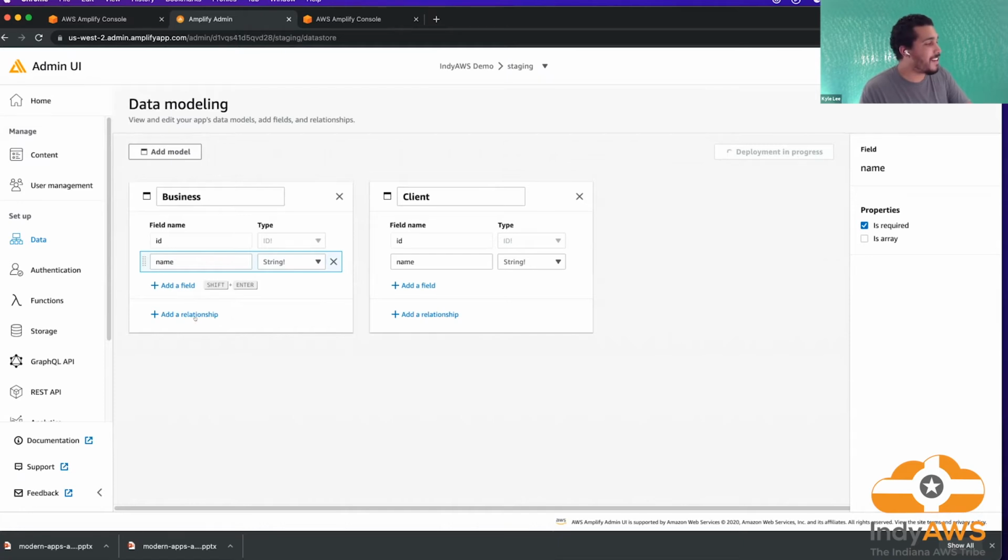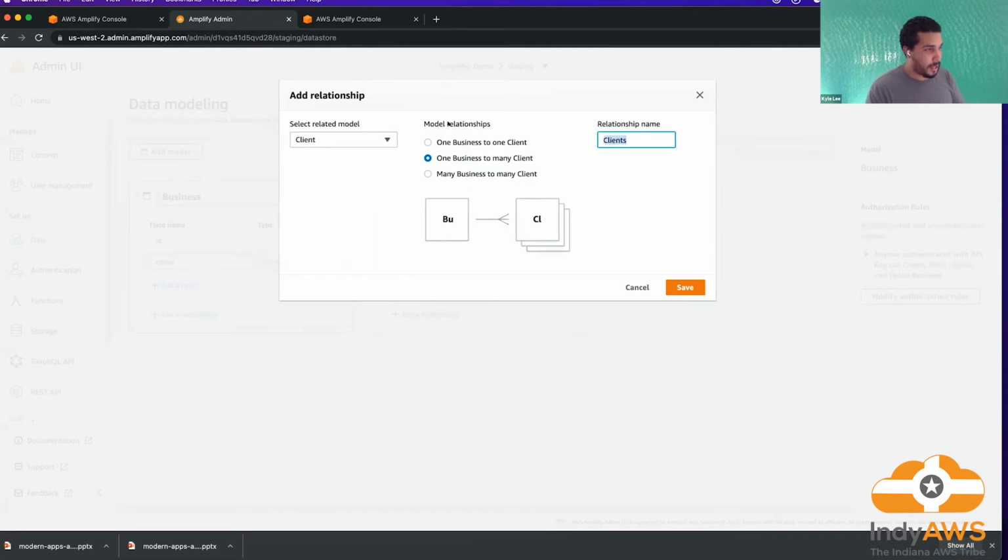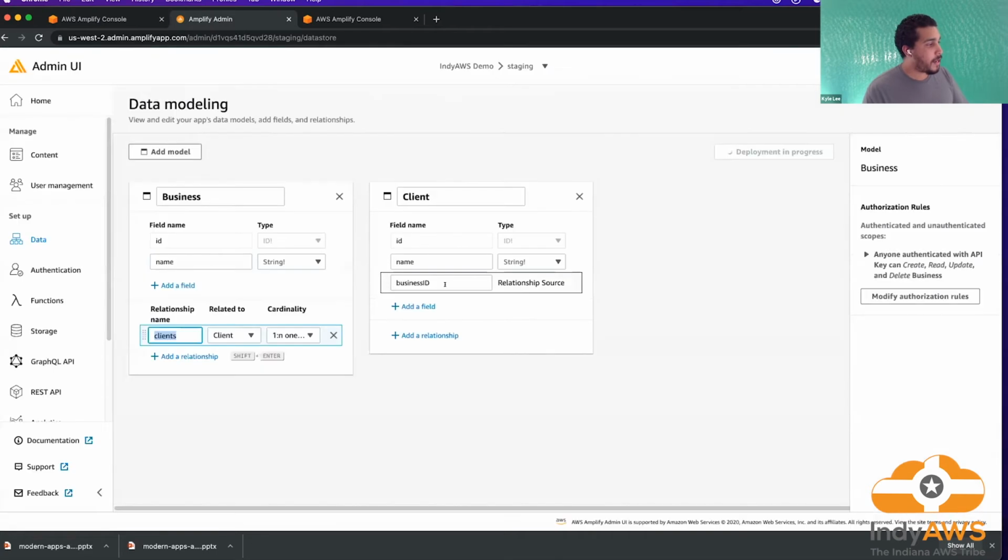It just depends on how you're building your app. So let's say one business has many clients, and now we've built this one-to-many relationship between business and client.